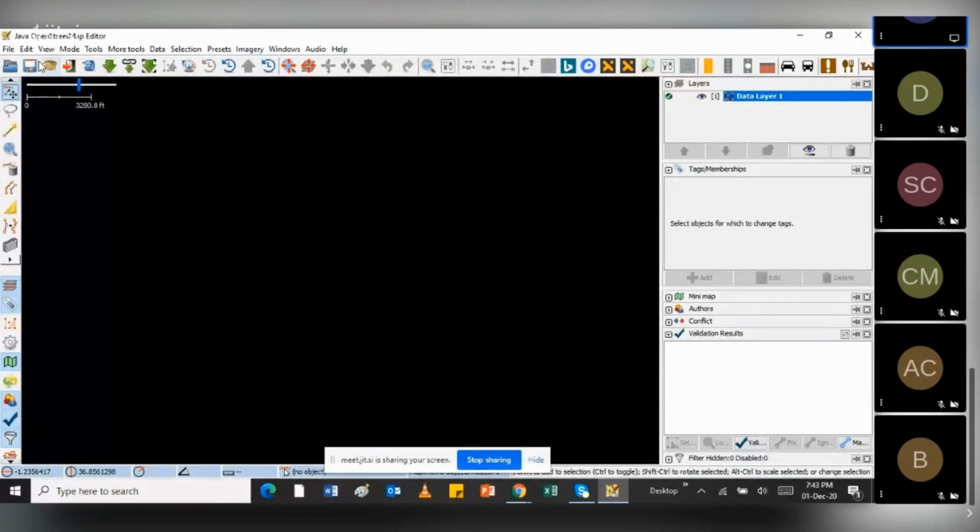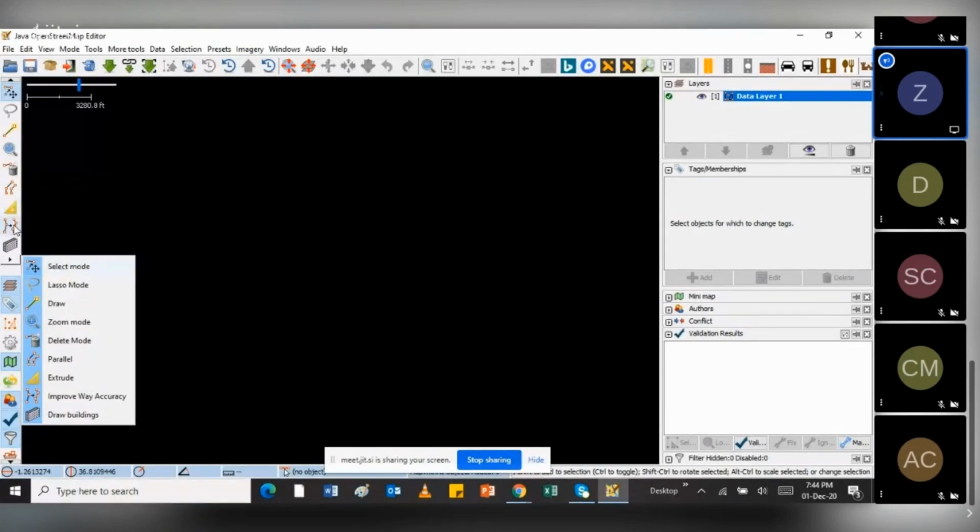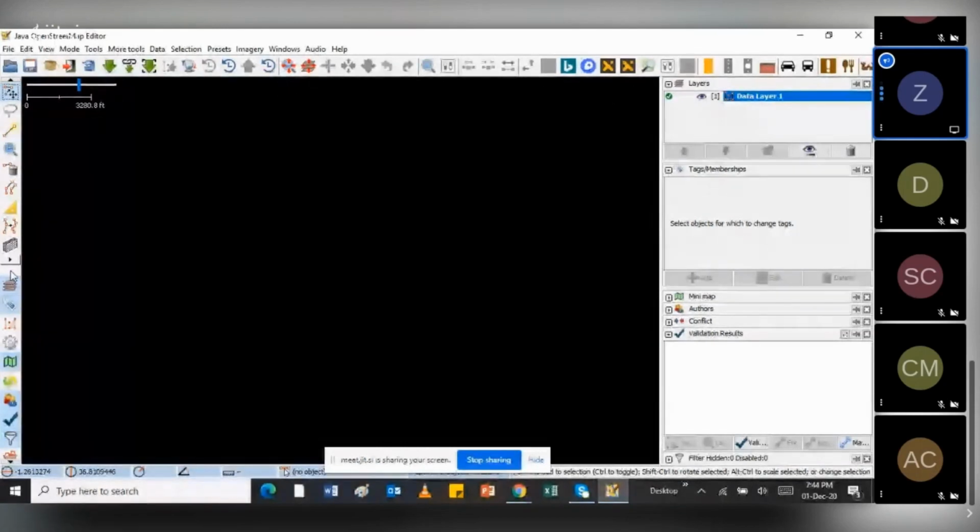Then on the left part, we also have the toolbar, where we have the zoom tool, the delete tool, and the drawing node. All these editing features are on the left side. Then we have other tools like layer and validation. So this left side is basically the toolbar. Depending on which tools you want to use, they're all placed on the left side.